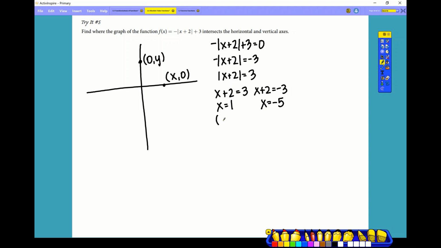So then we know that (1, 0) and (negative 5, 0) are where it intersects the x-axis, because we made our y 0. We started here. Now let's make our x 0. That gives us negative